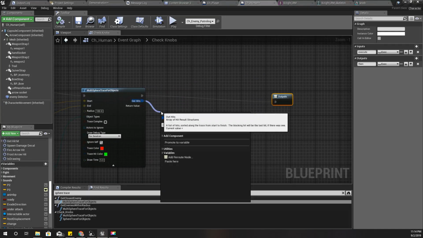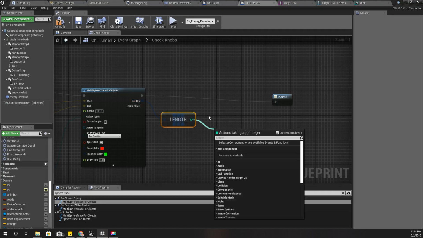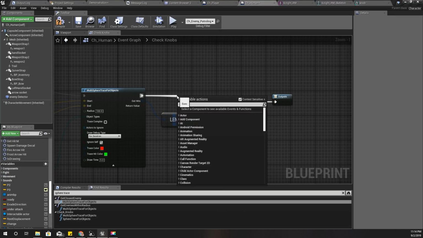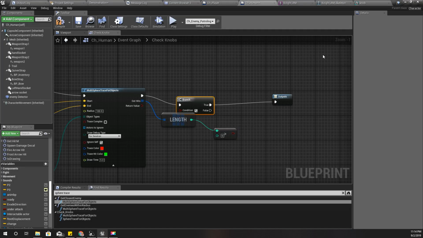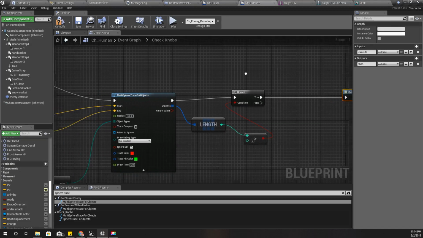If the length of this is larger than 0, that means I have at least one knob. I'm gonna do a branch. I will modify this later to get the closest knob, but for now I'll do it like this. Take this one. If it is true,